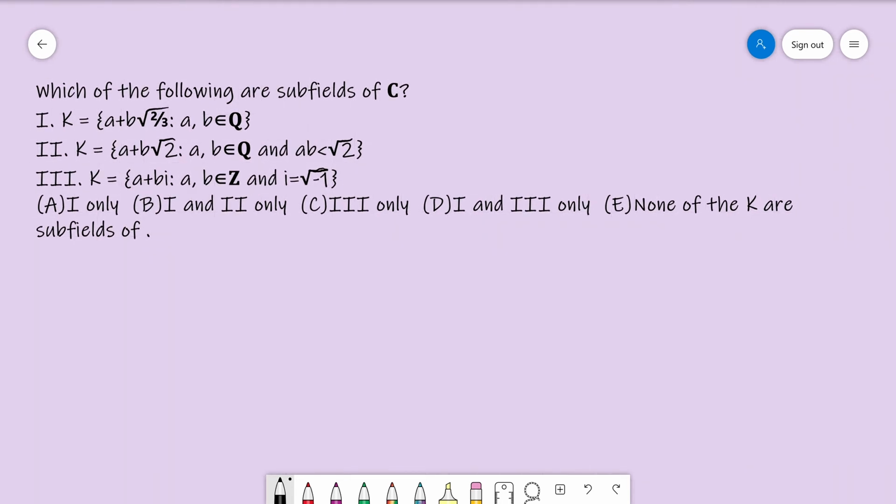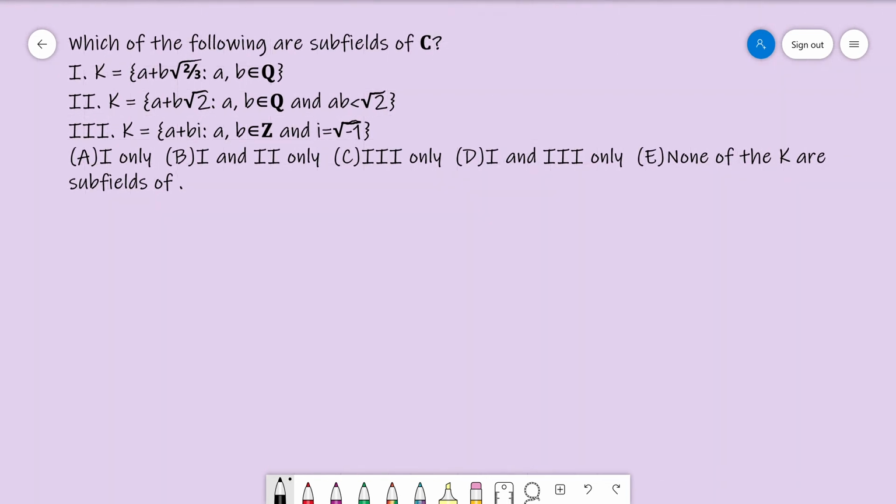And in this problem, we're given three sets, and we're asked which of them is a subfield of C. So remember that in order to be a subfield of anything, you have to be closed under addition and multiplication, and every non-zero element has to have an inverse. So let's check. In the first set, K is a plus b root 2/3, where a and b are rational